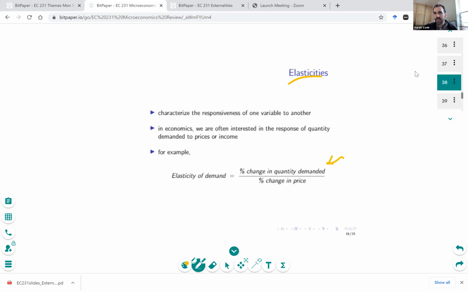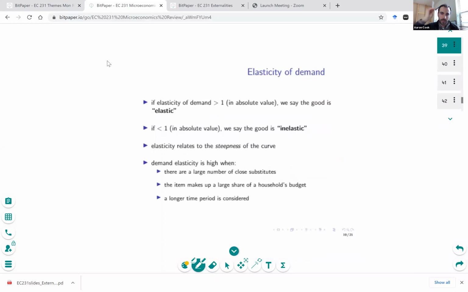That's a demand elasticity. So again, we're interested in that because as a policymaker, if we know something about how people will behave in response to a change in price, that could give us some hint as to how effective an incentive might be in steering producers or consumers in a particular direction, right? So if we're talking about demand,